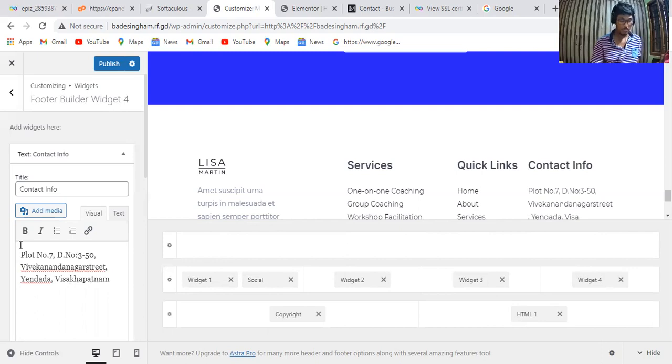Okay. I'm going to enter my PIN code, and my phone number also.